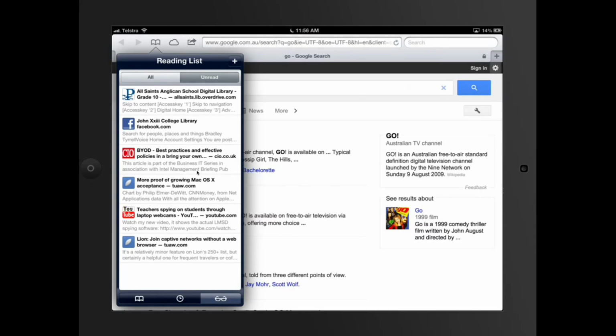On the right hand side, you've also got down the bottom here this reading list. So these are your options. Reading lists are things that you might want to read later. A reading list can be set as something that can be accessed offline as well, so that you don't need an internet connection. It'll take a sort of snapshot of that page. You can see some of the ones that I've set up as things that I wanted to go back and look at later on. I can add other things to my reading list,